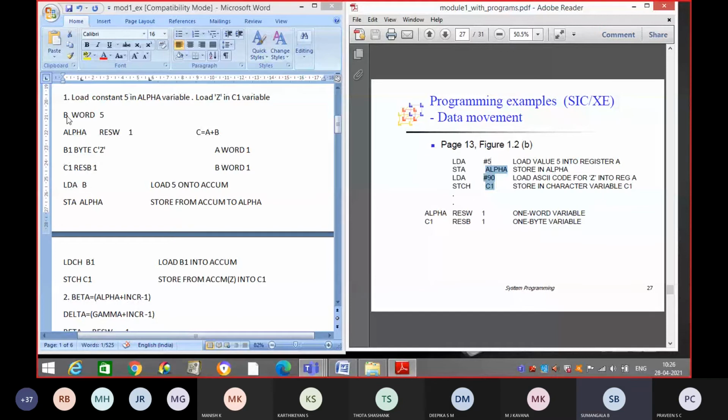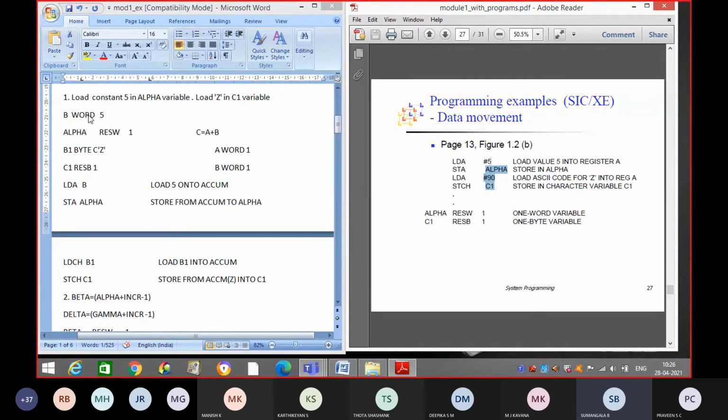And this phi was defined by using the WORD assembler directive. But the SIC/XE machine supports immediate addressing mode, so there is no need to declare the constant by using the WORD assembler directive. Directly we can store it into the accumulator. So directly we are specifying LDA #5.